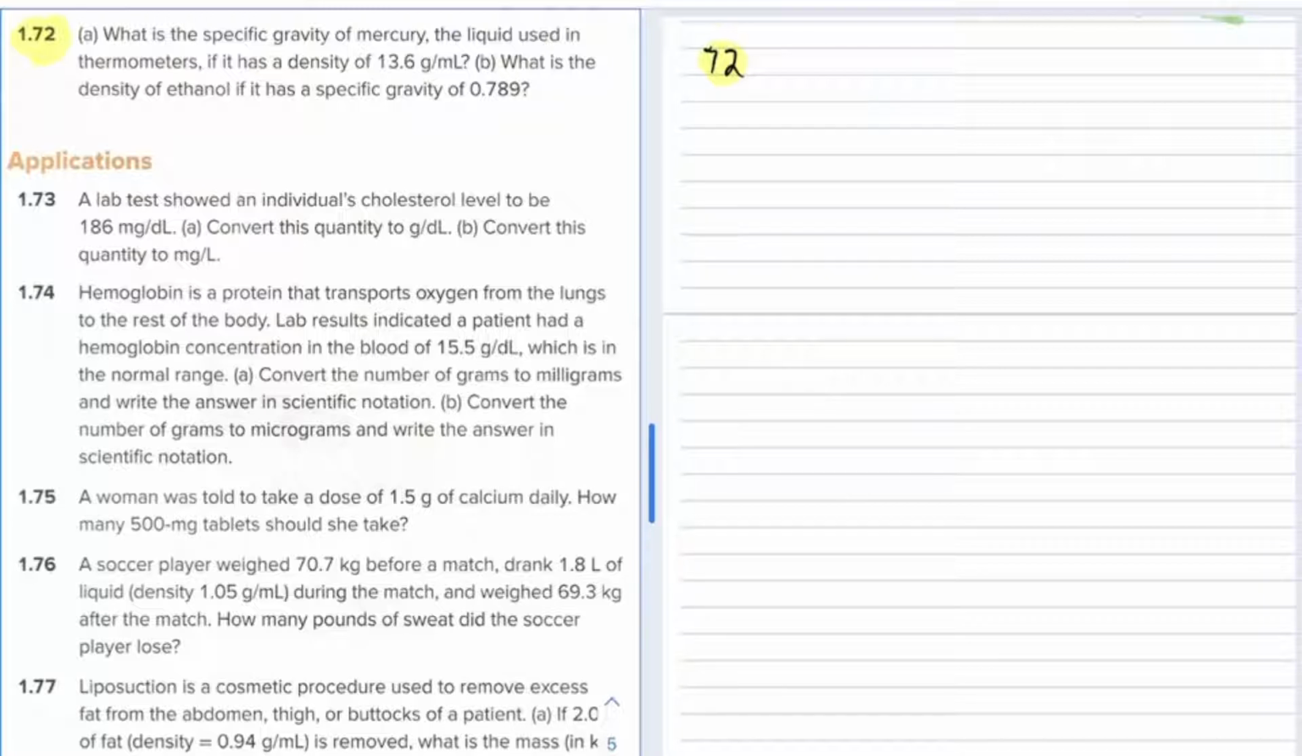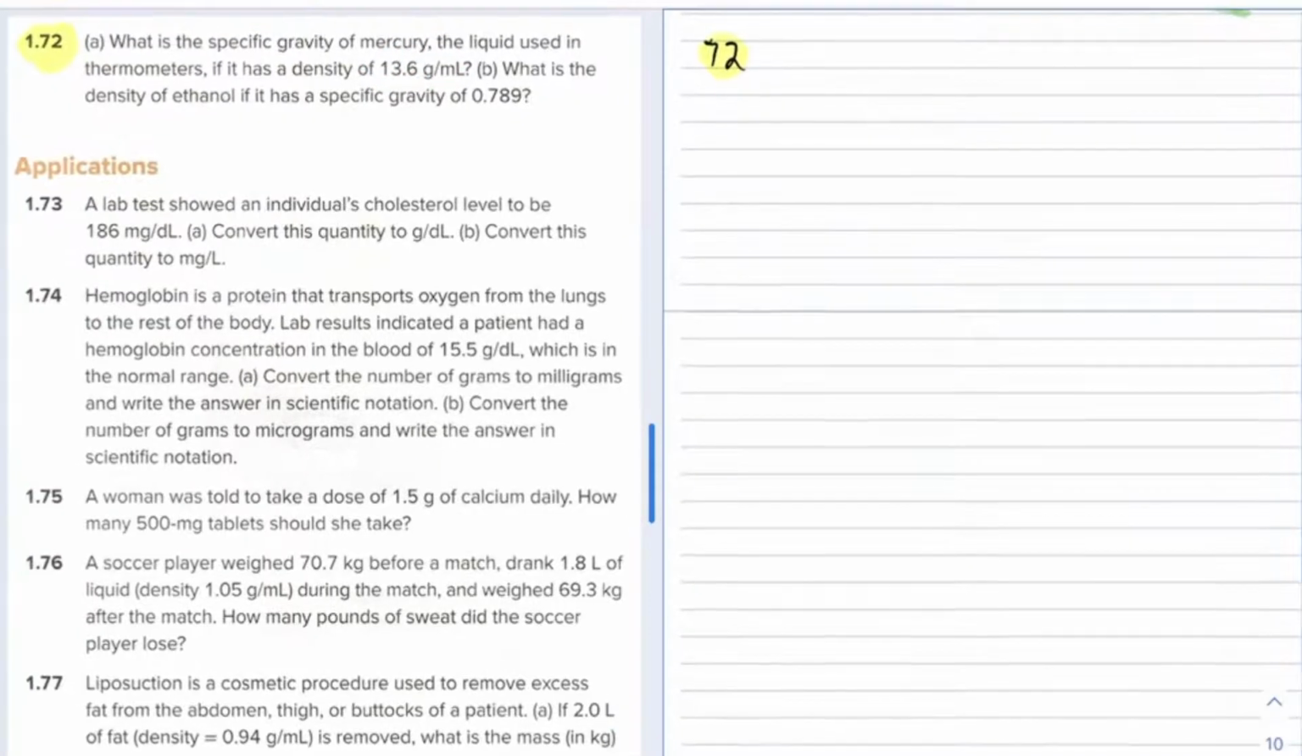Now, the problem asks for the specific gravity of mercury, the liquid used in thermometers, if it has a density of 13.6 grams per milliliter. So again, the equation for specific gravity is simply the density of the substance in question divided by the density of water. Now, for part A, the specific gravity would be the density of the mercury, Hg, over the density of water, and that's going to be equal to